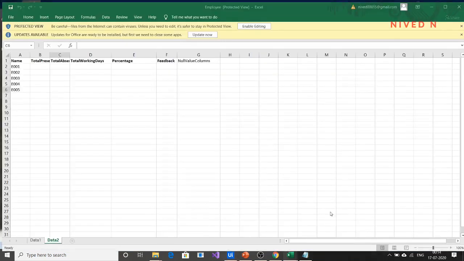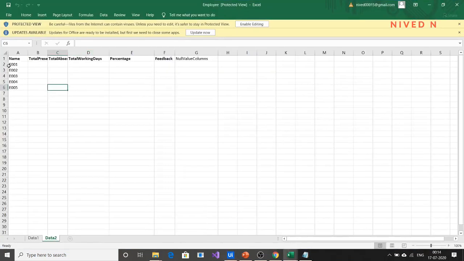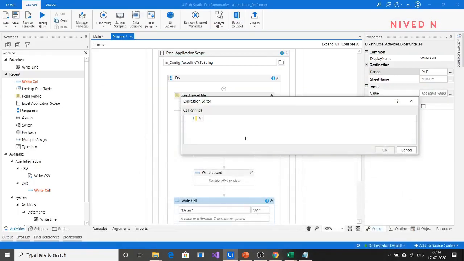If you look into the data table, you can see that for E001 the total working days is written as D2. For E002 total working days is being written as D3. For E003 total working days is written as D4, like that. So in general format, how you can write it is like this: D plus row index plus 2 dot to string.